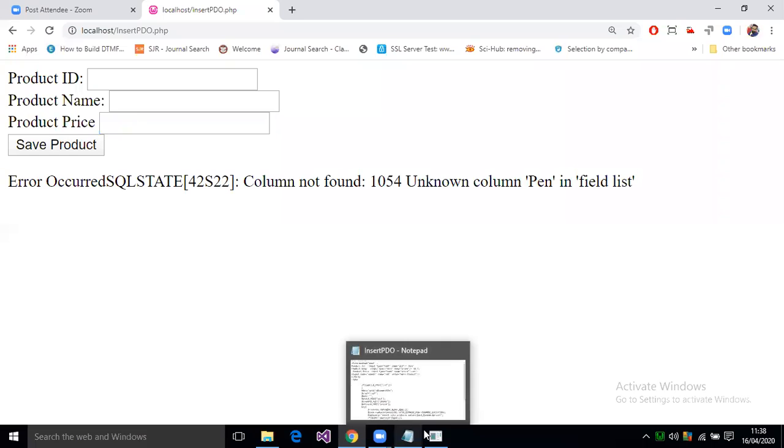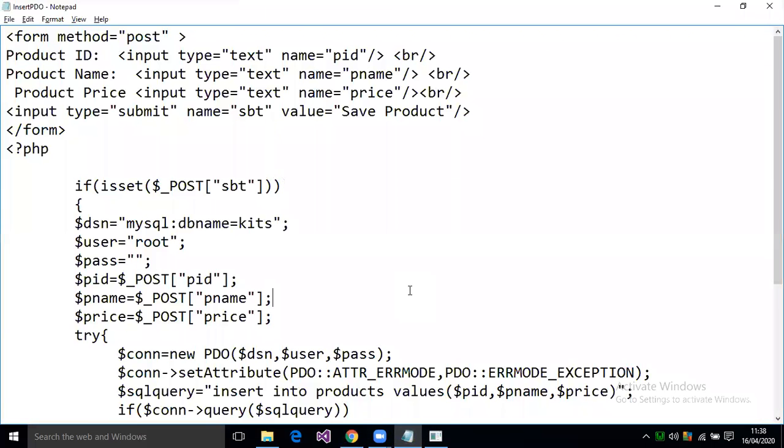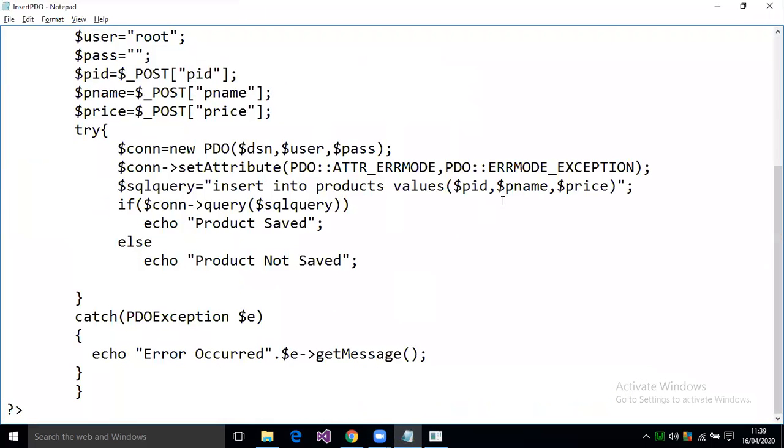Can you tell me why we are getting that error? Why are we getting that error? Because it should be enclosed in single quotes when it is a string.